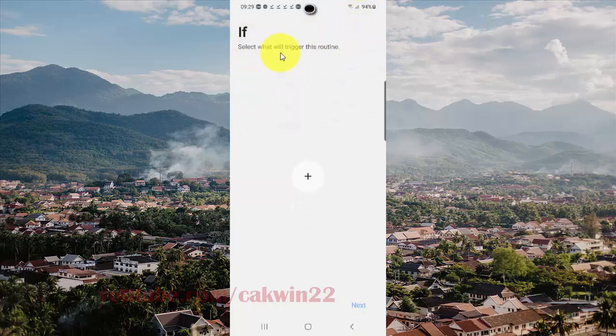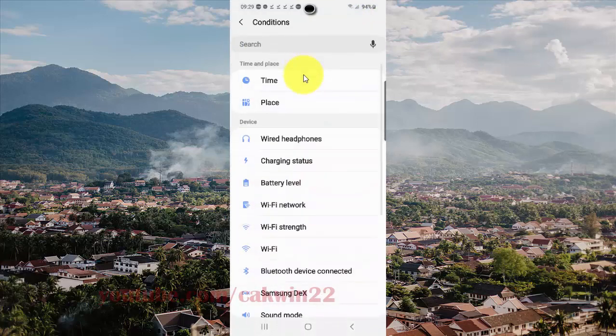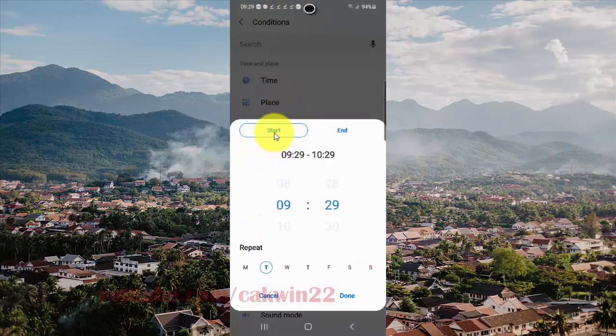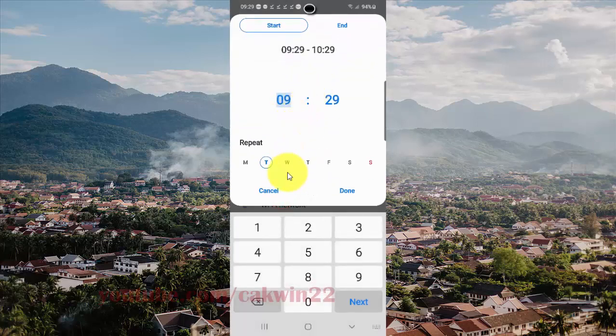To select what will trigger this routine, tap the plus icon again, and then select Time. On start, enter your routine start time, for example 4 o'clock, and on end time, enter the end time you want, for example 7 o'clock,